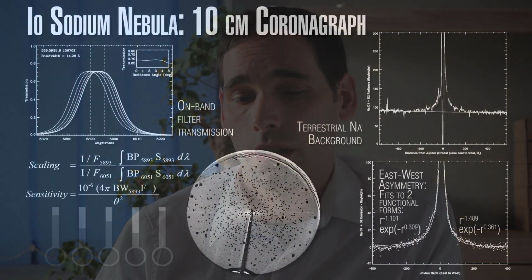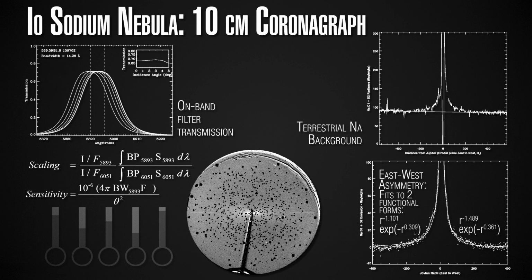Earth has sodium in its upper atmosphere. It comes from meteorites burning up around 100 kilometers in a region called the mesosphere. And so we actually have to look through a cloud of sodium emission in our atmosphere in order to see anything from objects in the solar system. There's a constant background that needs to be subtracted in order to look at just the light from an object like Io. Once we include all of those effects, the emission that we see from sodium around Jupiter extends for hundreds